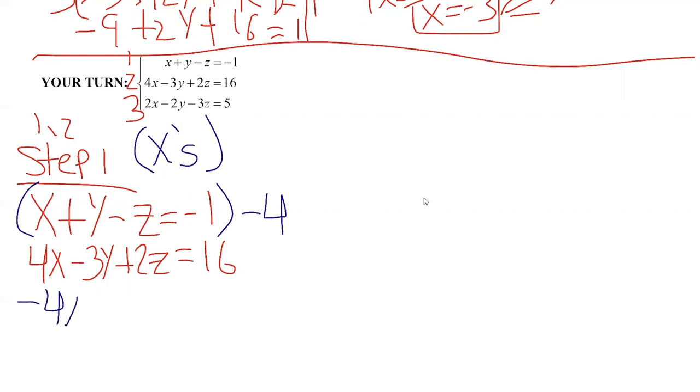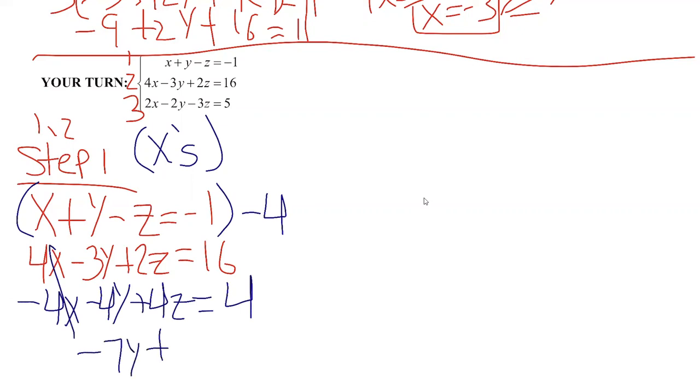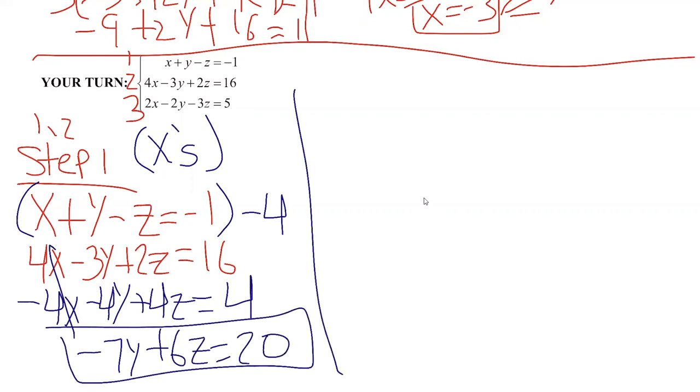So I'm going to write it below. It would be -4x minus 4y plus 4z, because the double negative, equals +4. Your x's cancel. You get -7y plus 6z equals 20. Okay, so that's step 1. Step 2,